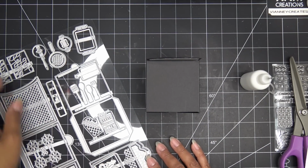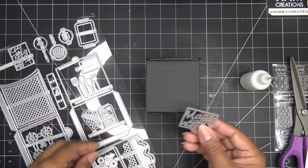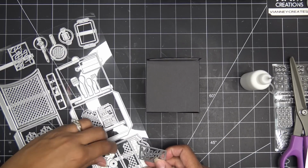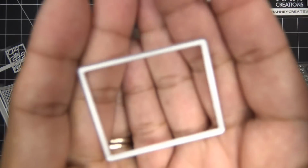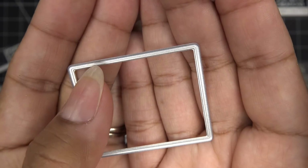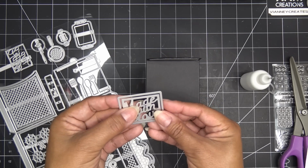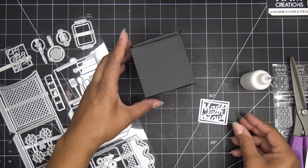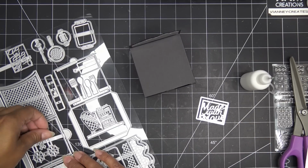So let's see, we have Made with Love, and then we have this piece here. I want to see something. Yeah, oh, this piece also has a little embossing around the edge. I know it's something small, but a really nice little detail. So we have Made with Love, so let's do that. I'm trying to decide my color palette. I do want to use a lot of silver and things, so let me think about it. We do need something for our